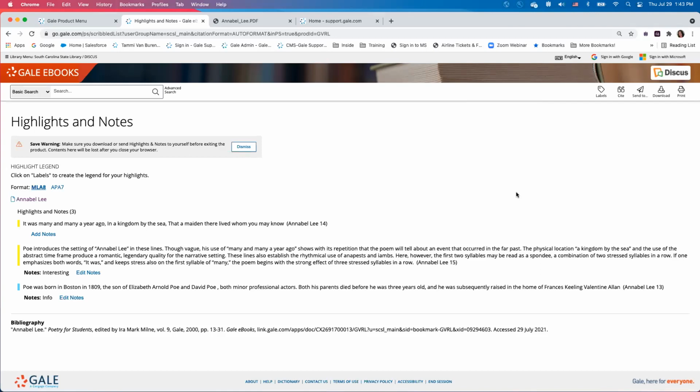So I want to make sure if I do want these digital notes that I come in here and send them, download, print before I leave. And that's what this warning is. I also have the ability to edit my notes or add notes. And you might want to do that before you send it, download, or print. You also have the option to label. So you can create a legend for your